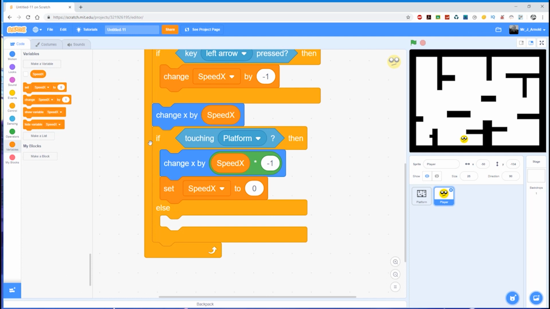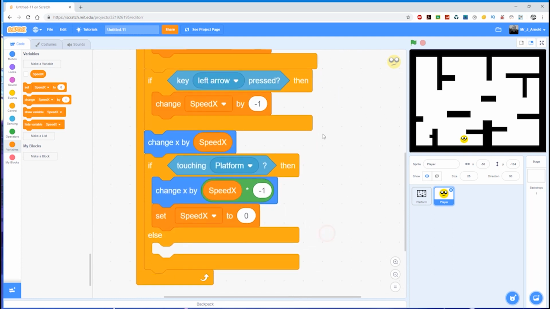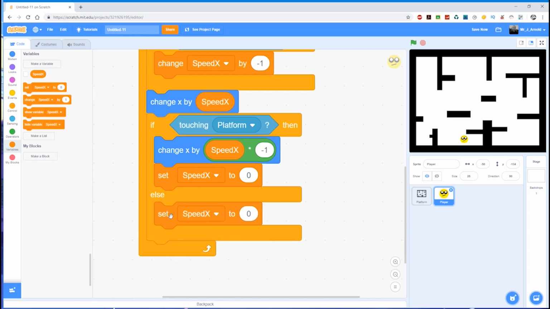But what happens if we're not touching the platform? What do we do then? So in this situation, we're not touching the left or right arrow keys, because if we were, then we'd be doing this code up here. So if we're not touching the left and right arrow keys and we're not touching the platform, what do we do? Well, we're simply going to slow down gradually, and we can do that by setting the speed x to,